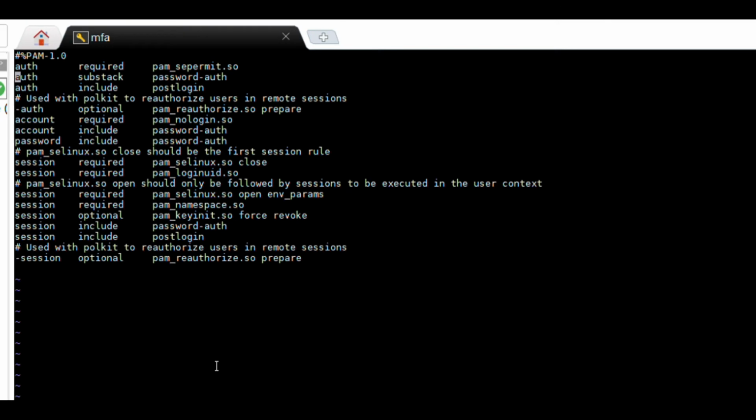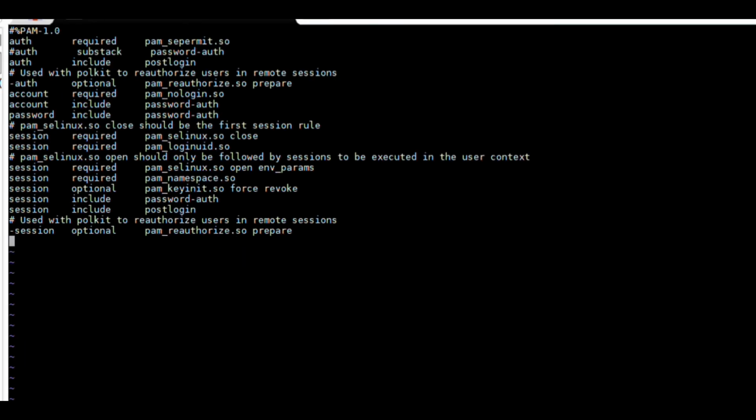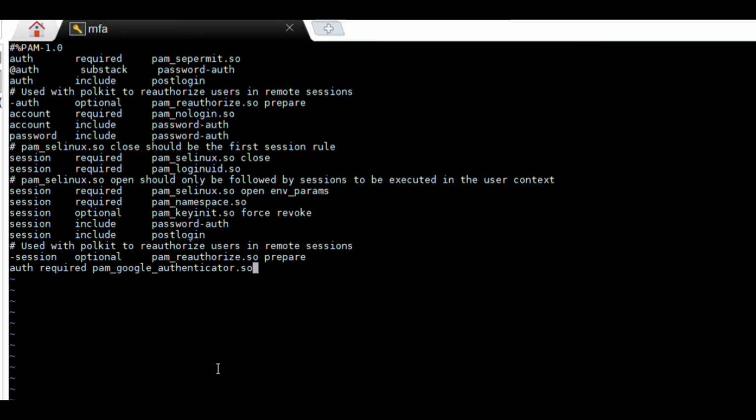Comment out the password requirement as we want to use only key-based authentication. Then let's update the Google Authenticator module. Let's save the file.